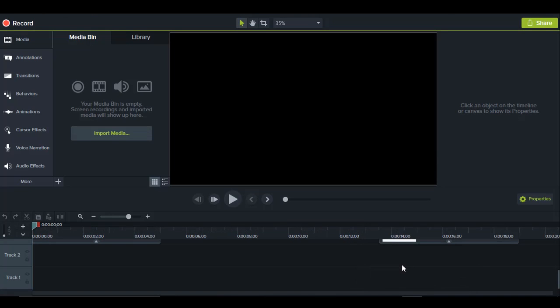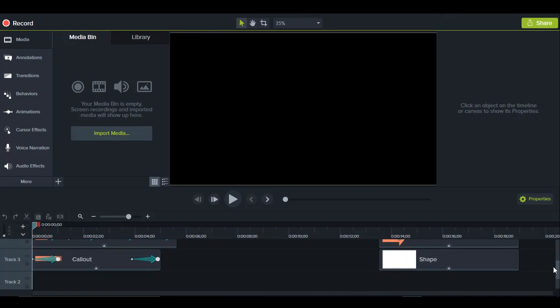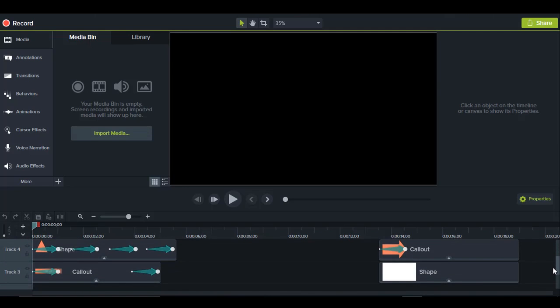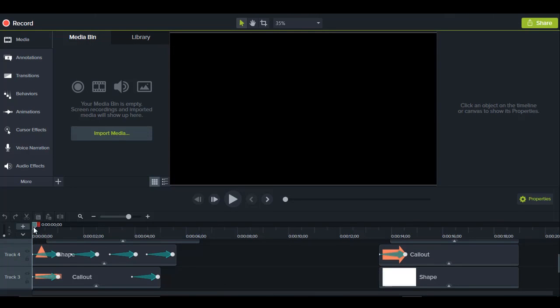So once you open the template, it looks like this, and it seems that nothing is in there, but all you have to do is scroll this bar here to see the elements at the upper timelines. There we go. And as you can see, they are in tracks number 3 to 5. And the reason I left the track number 1 and 2 blank is that I wanted you to add your video as well as your background music here once you're editing. So as you can see, if I slide this